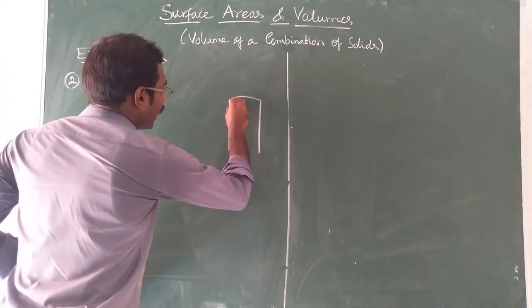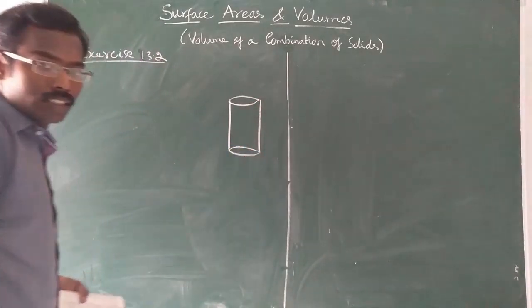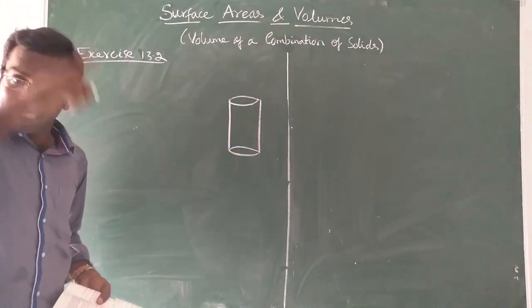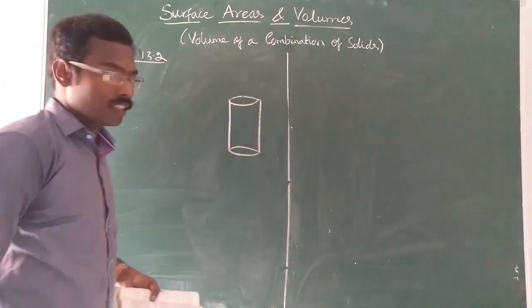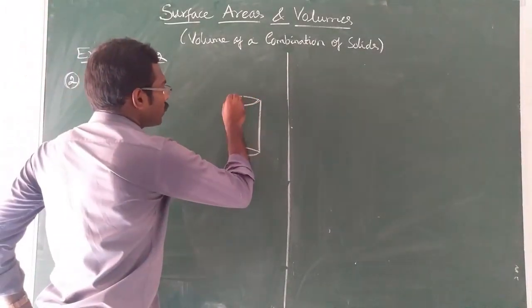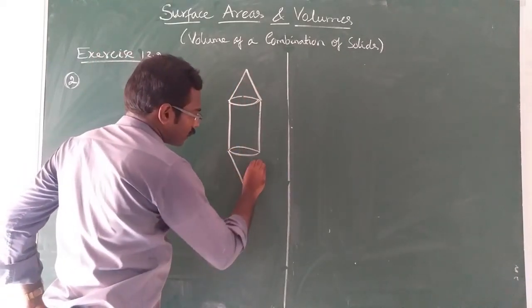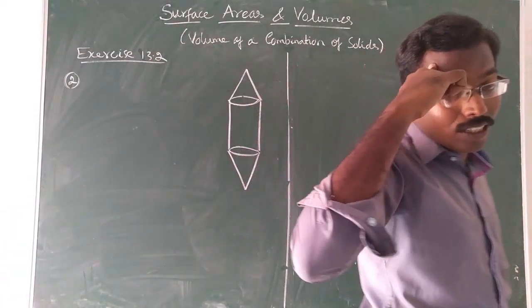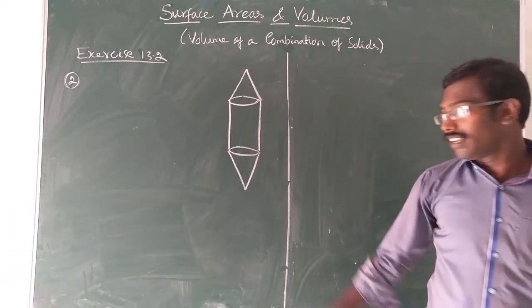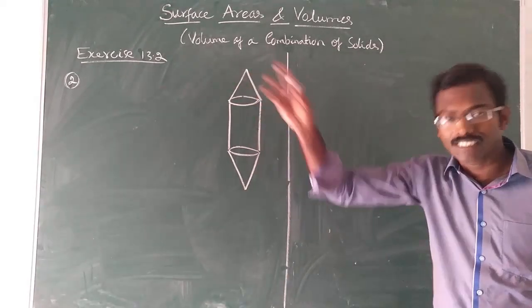Cylinder has two cones attached on both sides. The cone's base is a circle. Similarly, the cylinder has a circle on both ends. Therefore, one cone is attached like this, and another cone is attached like this. On reading the question itself, you should imagine how the shape would look. Okay, one cylinder with two cones attached to both the sides.